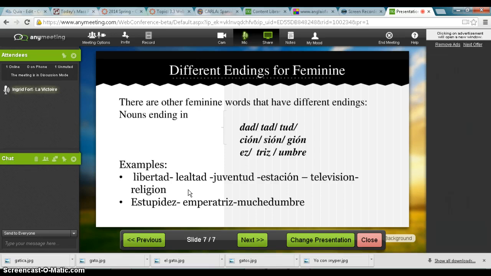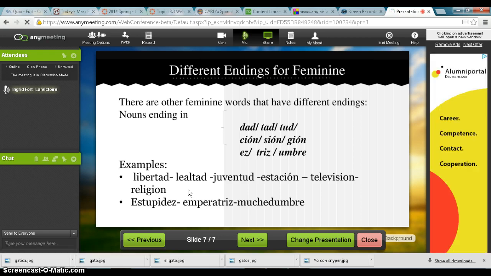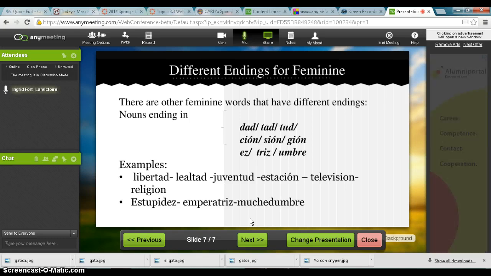Estación, which means station. Televisión, television. Religión, estupidez, emperatriz, muchedumbre. These cases and all